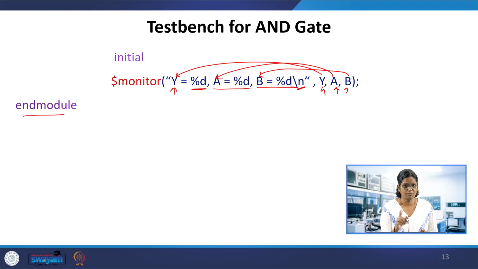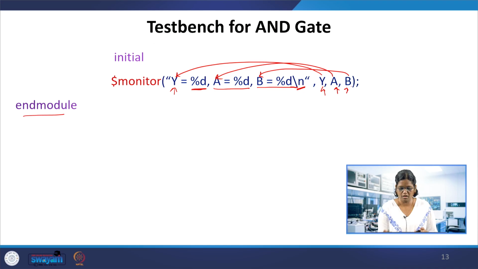Now endmodule, and this is the complete test bench of the AND gate. First we need to give the module, the test bench name, which doesn't have inputs and outputs. Then specify A and B as reg, which are inputs, and the output Y as wire. Then initialize the values of inputs A and B, leave the reset for 100 time units, and start adding the stimulus in A and B. What are the various combinations of A and B?